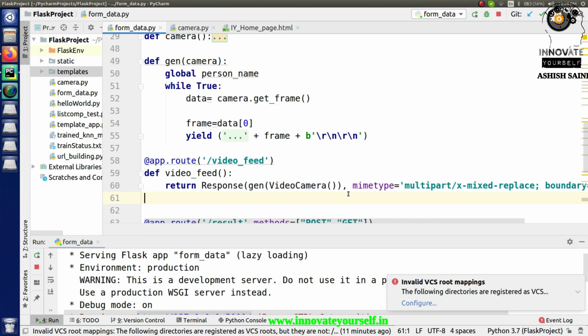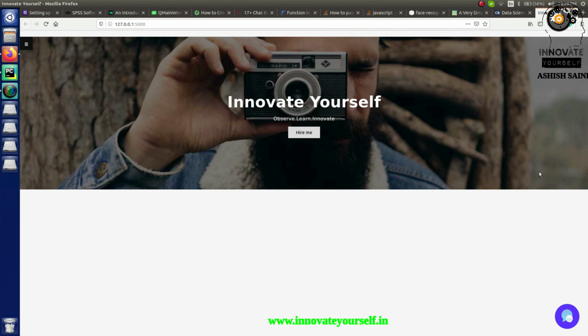This is how your webcam works. To perform it in the same way, we have to collect those images continuously and send them to the front end, which is this web application where I'm going to display it.